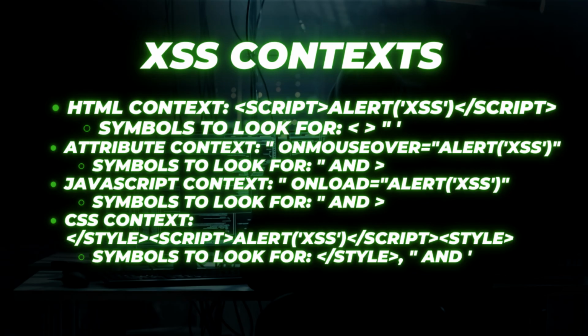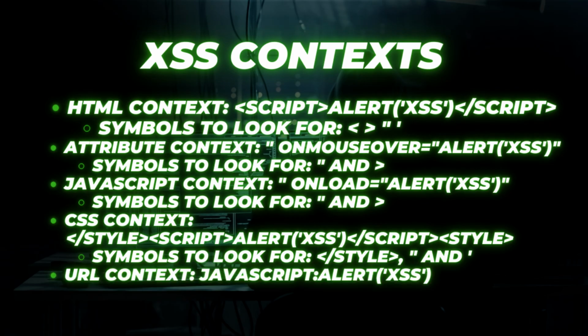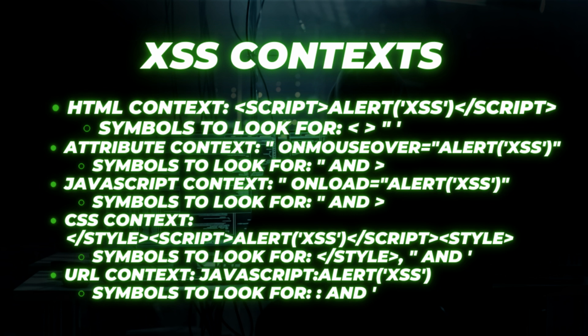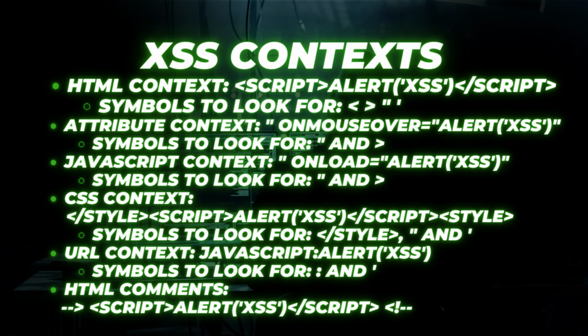And then in URL context, for instance, just by using the JavaScript scheme plus alert XSS could be checked. As I said in a previous video about open redirect, this is the way you chain open redirect to XSS. And then the last one is HTML comment context. So for instance, when you close the comment and insert your XSS payload, the symbols to look for are just regular HTML comment